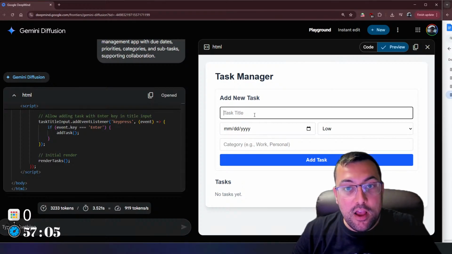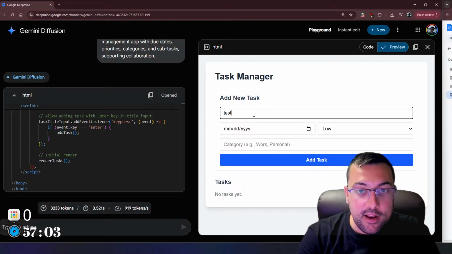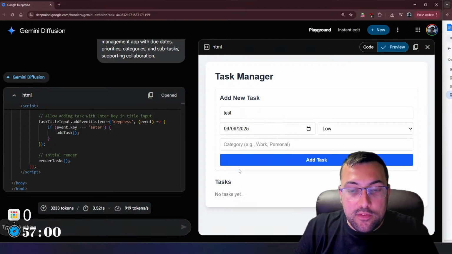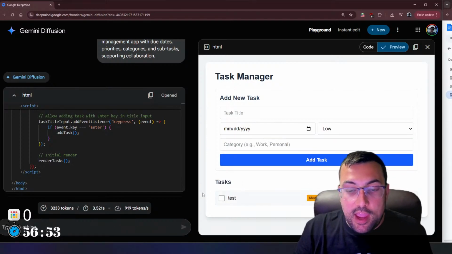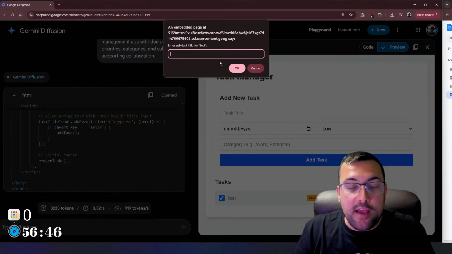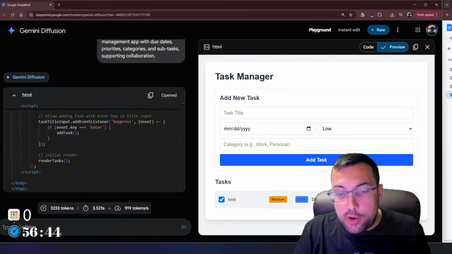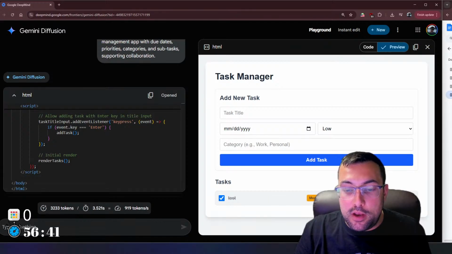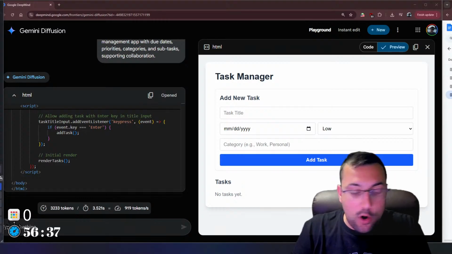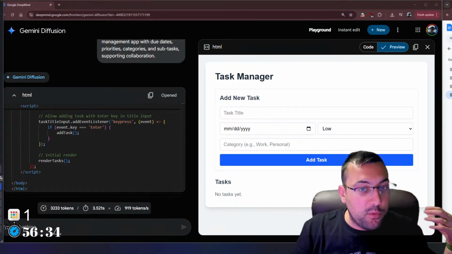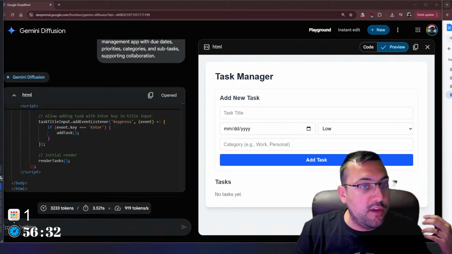So we have our task here, so let's try it and see if it works. We can say, okay, that's our day, it's medium, and this is for work. So we can add our task and we can see it is actually functional. There's our due date. I guess it's past the due date, so it does this. We can add a subtask, whatever. We're just going to put in something. Subtask, it's right here. We can delete it. We can delete this one. I'm going to say this works. So we have our first app done and we are doing good for time, I like to believe,